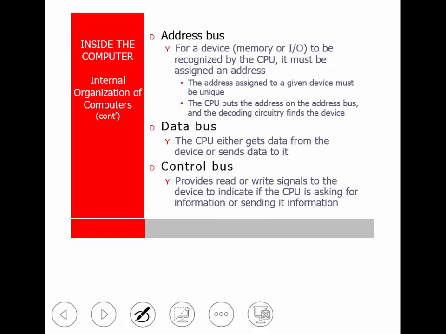All right. This is just a little bit more detail, and again, I'll be posting these in there. The address bus is unique to every device. You'll hear the terminology I/O mapped I/O and memory mapped I/O. When we look at memory locations, they go from 000 to F, depending on how many lines there are in